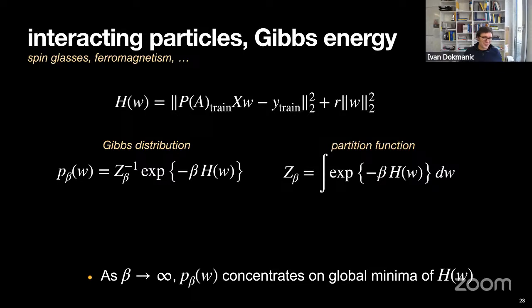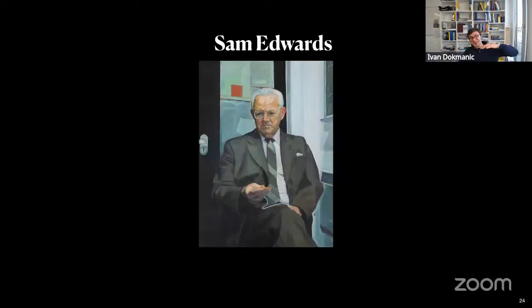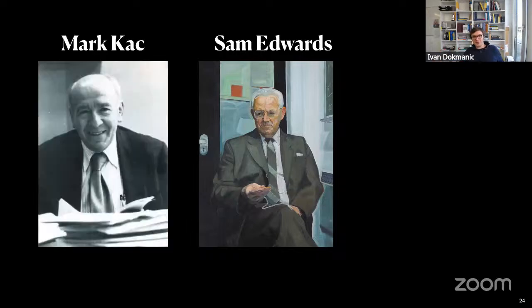Now, in the interest of time, I'll skip the analysis. I'm very happy to discuss it. I like to talk about it very much, but I'll try to fast forward a bit to results. I'll only say that the analysis we've done is physics style. It's based on something that's called the replica method in physics. It's been pioneered in the analysis of rubbers by a guy whose name is Sam Edwards, who heard about it from Mark Kac, who was actually a mathematician, and he would never use it because it's not rigorous. It's actually impossible to prove anything about it.